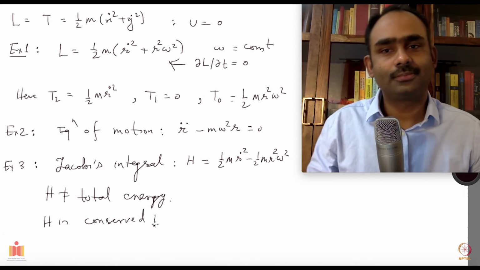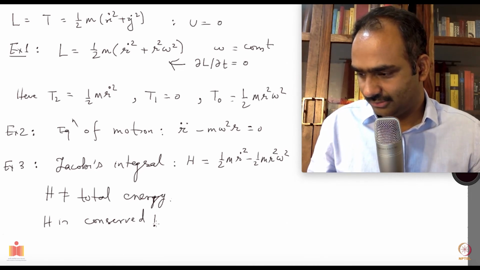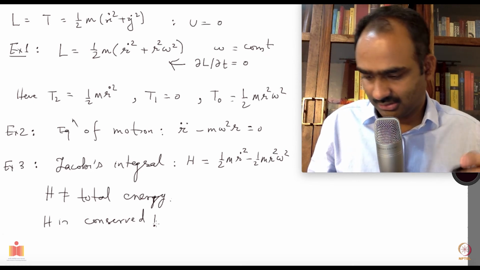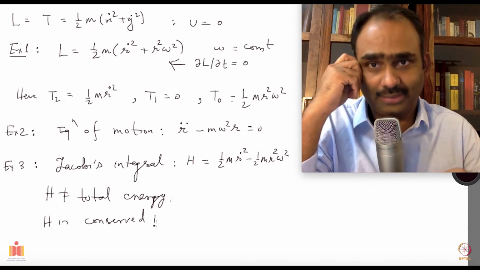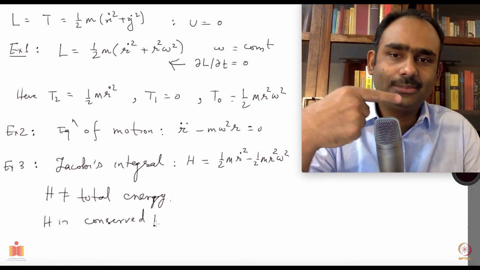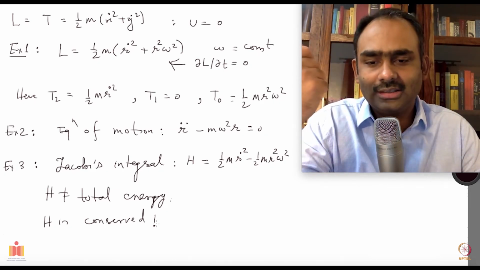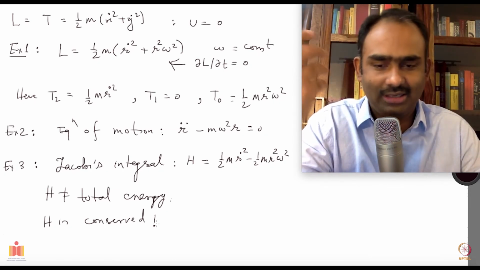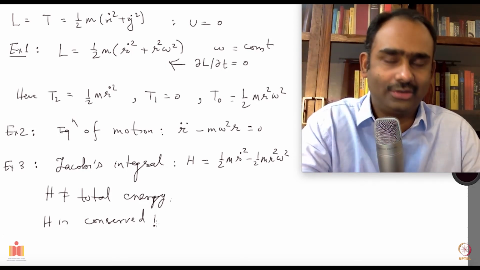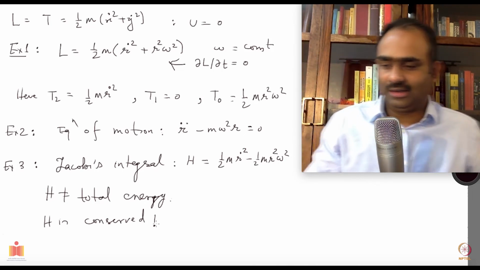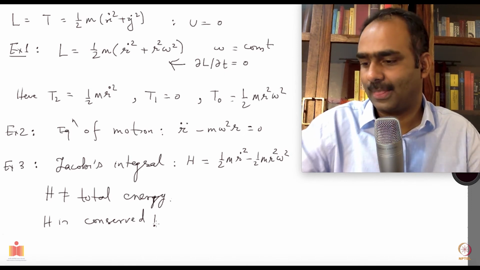Okay, that's our example number 1, and I hope you appreciate more whatever we talked about Jacobi's integral earlier. Now I'll take another example, a minor extension of this problem. Instead of taking the wire to be rotating uniformly in the plane, I will take it to be having an angular acceleration. So let's say it has an angular acceleration of alpha. So the rotation is not uniform with time. Okay, and we'll ask the same questions as before, and let's see.